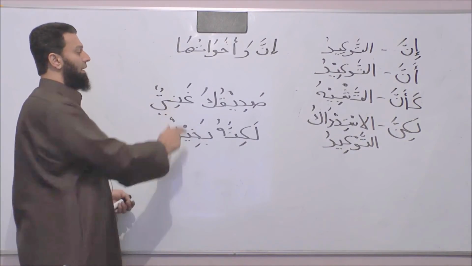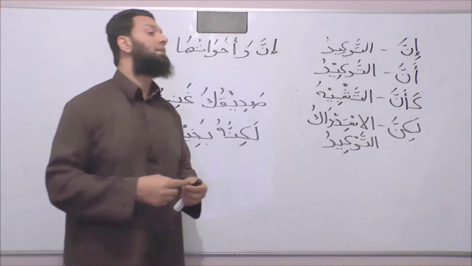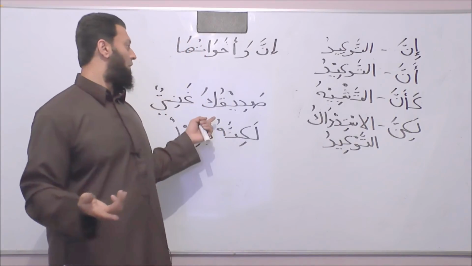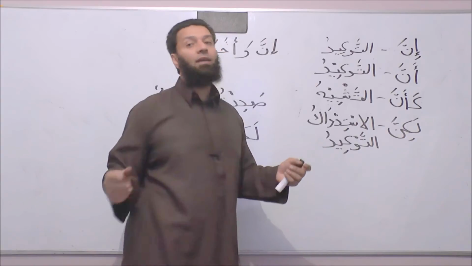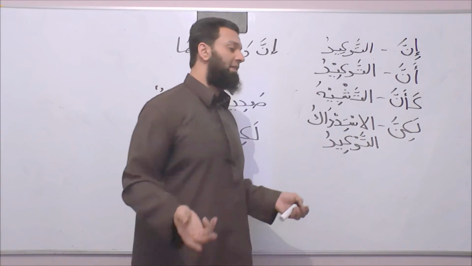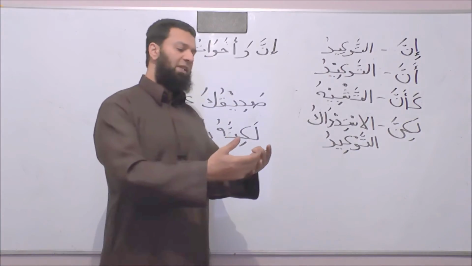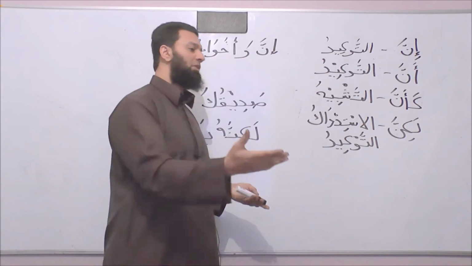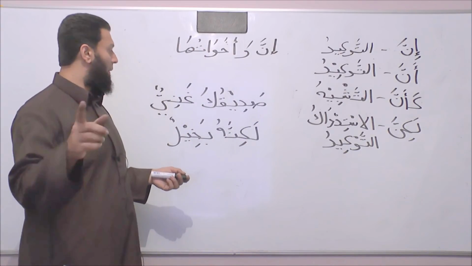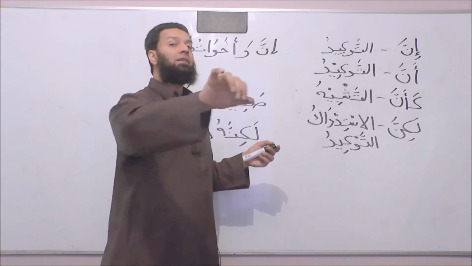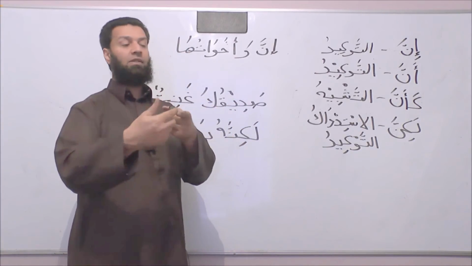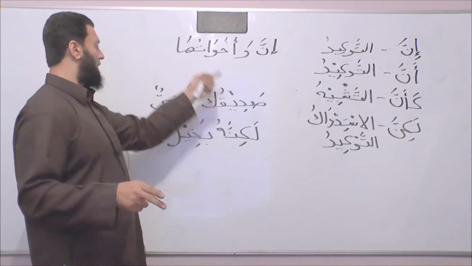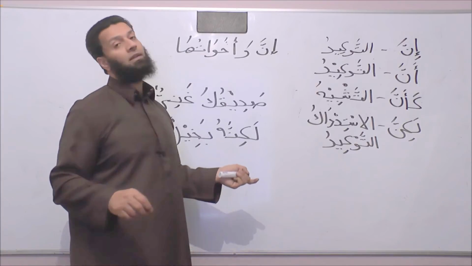So if we now say sadiquka ghaniyun, your friend is ghani, perhaps a person may surmise or deduce from your statement that therefore he is jawadun, he is generous, karimun, kind, and so on and so forth, because all of these characteristics should be apparent from somebody who is ghaniyun, right? Because that's why Allah Azza wa Jalla enriched that person. However, your friend is not jawadun, he's not generous, he's not karimun, he's not kind, and so on. So in order to repel a doubt concerning your friend, what we say is lakinnahu, however he,